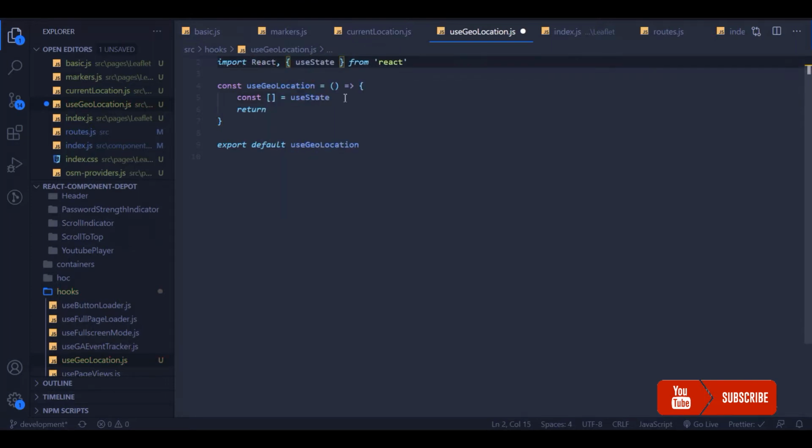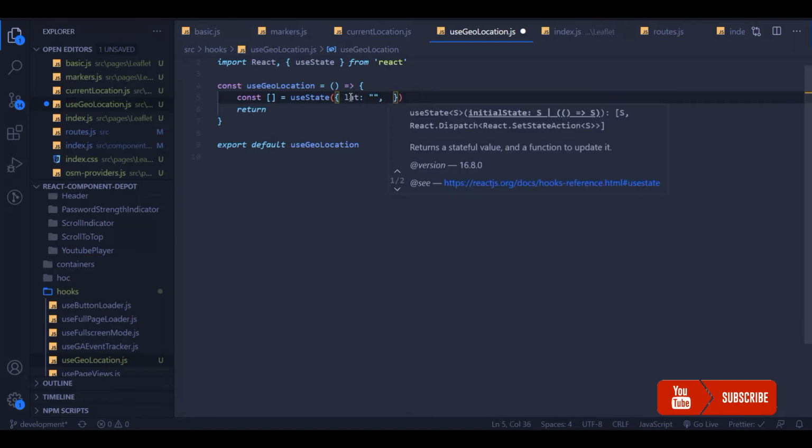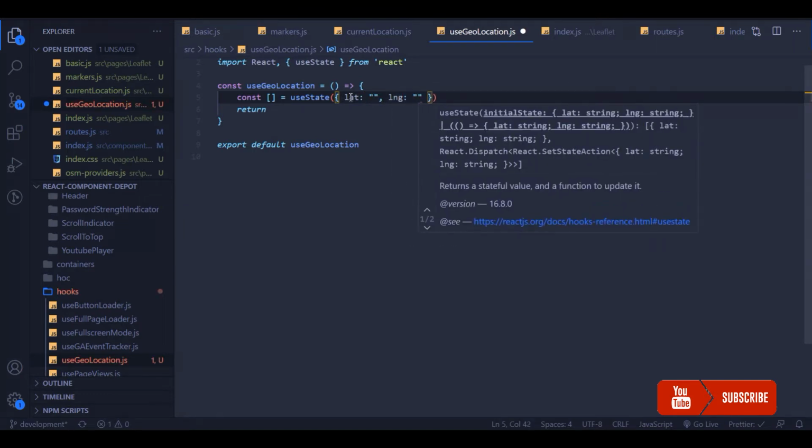Because unless the user gives permission, the location state will not be loaded. Only when the user allows us the location permission will we be able to get the location. So to manage that, we need a few attributes.